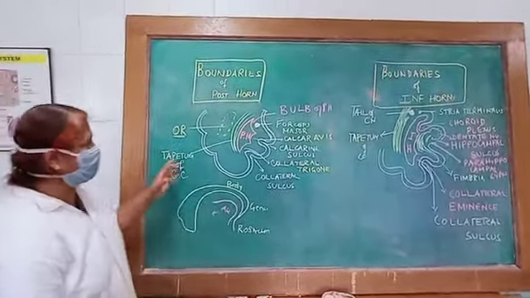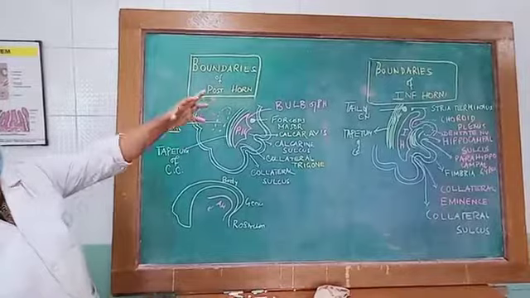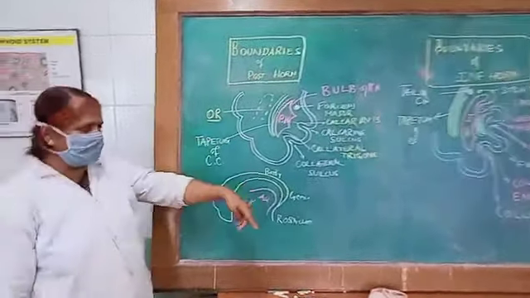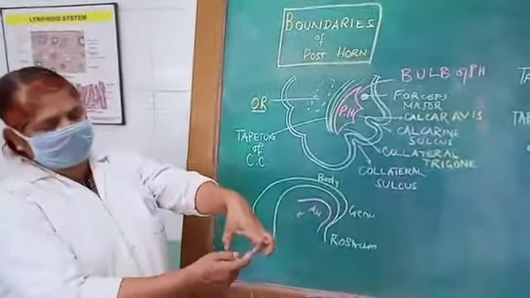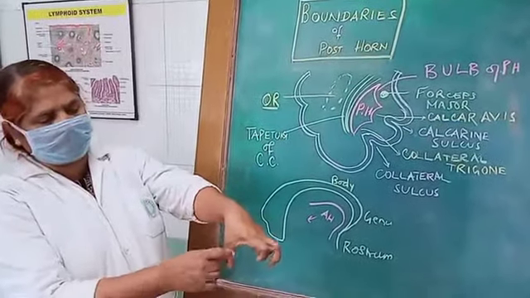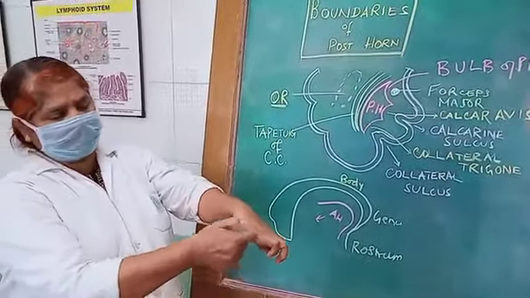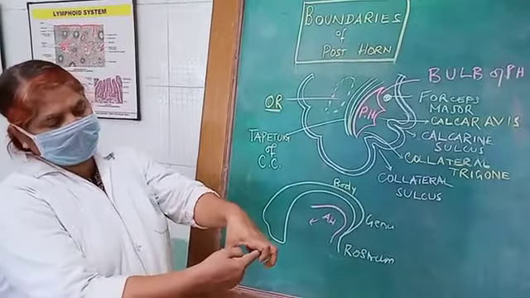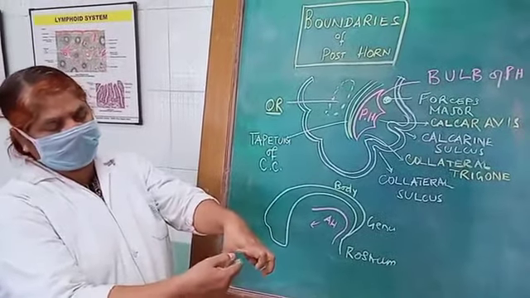Now come let us to the boundaries of the anterior horn, posterior horn and the inferior horn. Now the anterior one is very simple. This is your corpus callosum, this is your rostrum, this is genu, this is body, this is splenium. So this shape is the shape of the corpus callosum. Within this is your anterior horn, here is a posterior horn, here is a body.